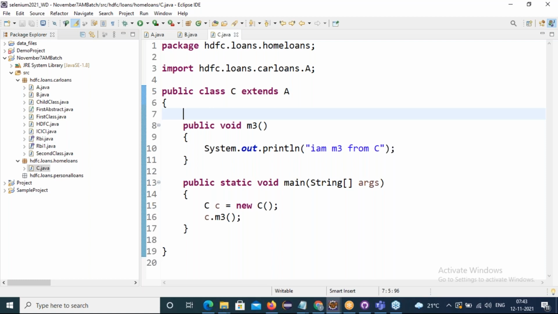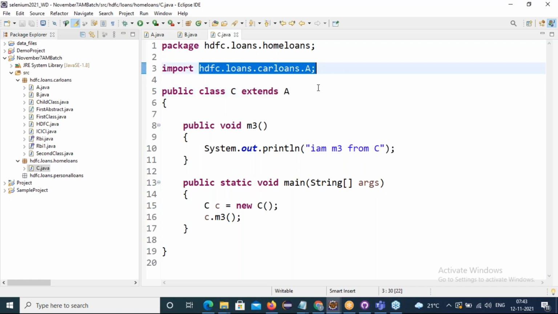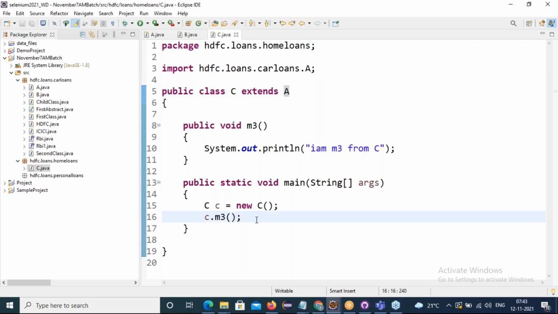But when you travel from one country to another, in the immigration process they ask all the questions: which country you are coming from, which client you are working for, where you are staying, how many days you will live. That is how they ask for references. Similarly, when a public class from one package is inherited in another package, we must import it, saying which package the class you are extending is from. Now we can access it.